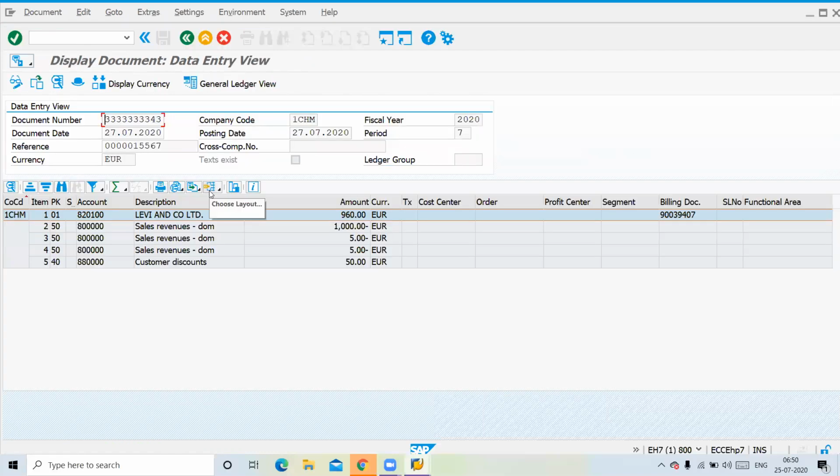This is how your cash sales works when you compare with your regular OTC process. It is also similar like your OTC process only, but in this case, your item category is different because credit is not active and it is order relevant billing. When you compare with your document type definition, immediate delivery check mark will be there, so that immediate delivery will be created. For that matter, you require a different delivery document type as BV and your order relevant document type as BV again. So your process differs. So this is how cash sales works.